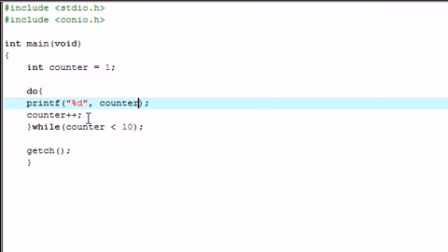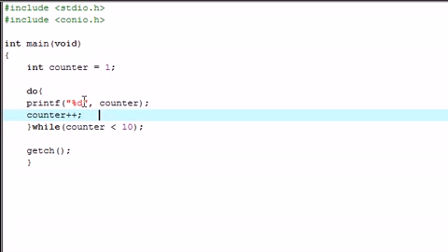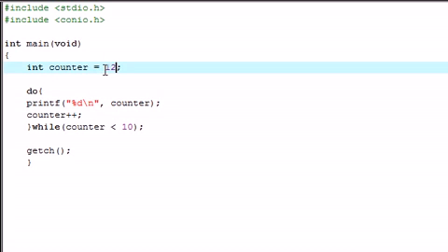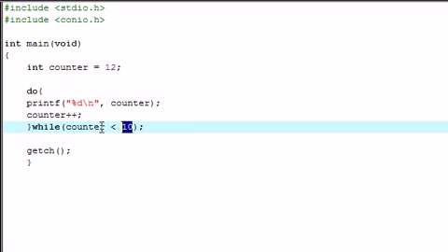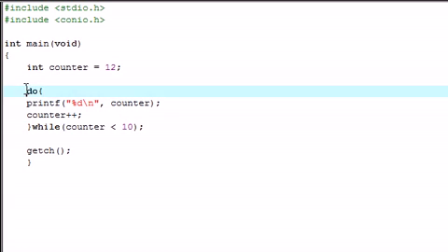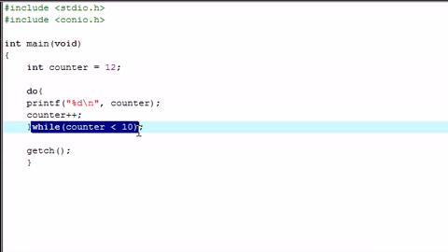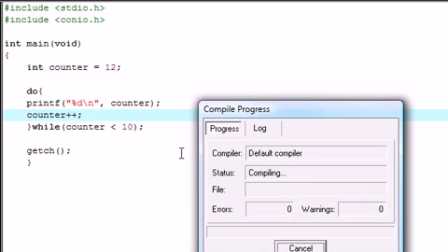And if you're saying, alright, this is pretty much the same thing as a while loop, well, you're right and you're kind of wrong. In this case, it does the exact same thing, but I want to show you guys the main difference between a do while loop. Say the counter is 12, which is greater than 10. So if we had just a while loop with this test condition, it wouldn't run at all. But since we have a do while loop, it's going to do this at least once, and then it's going to check for the test right here, and it says, alright, this test is false, so I'm not doing this anymore. So let's go ahead, compile, and run this right here,